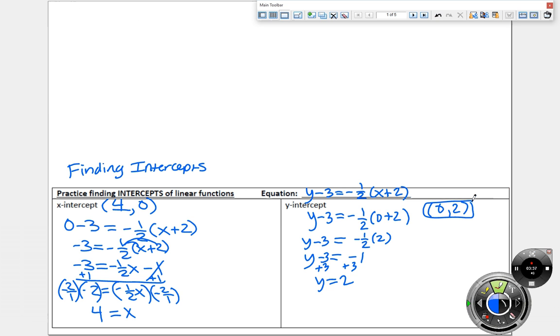Okay? So these, you can expect questions like showed up on your quiz, and you'll get those back, where you should be able to list the transformations, make a table, make a graph, vertex, domain, and range. And now you should be able to find the intercepts as well. Okay? That's a focus that we're going to have. So as far as where it is in your note guide, if you don't have the note guide, you are just going to,